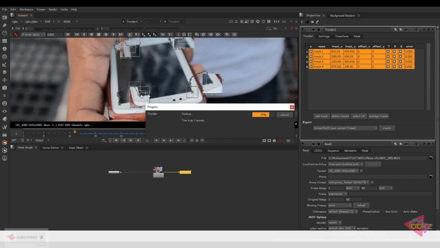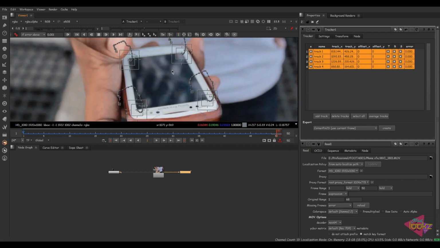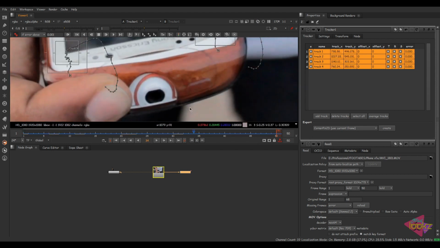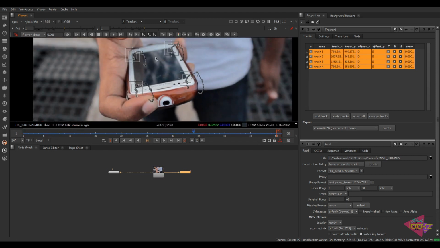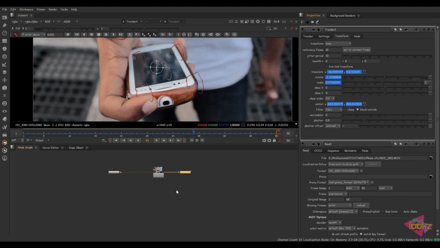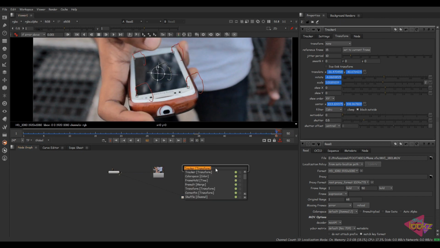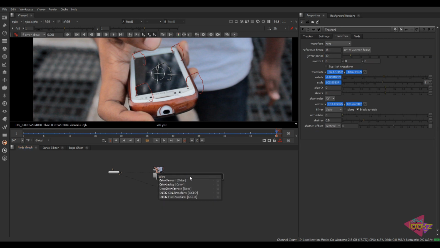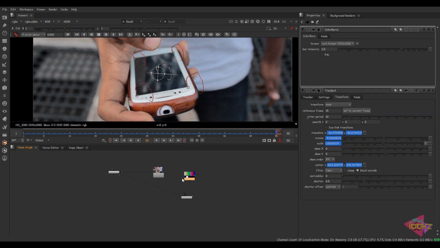Okay, I'm going to track a single frame here, and then track the entire work range using these four tracking points. The track is going on. I think the track is good, almost accurate. So now we are going to make use of this tracking data to place an element over the mobile screen. I'm going to come back to the 50th frame and take a checkerboard. Instead of a checkerboard I'm going to use a color bar, so that in the viewer we can see the complete difference between both methods.